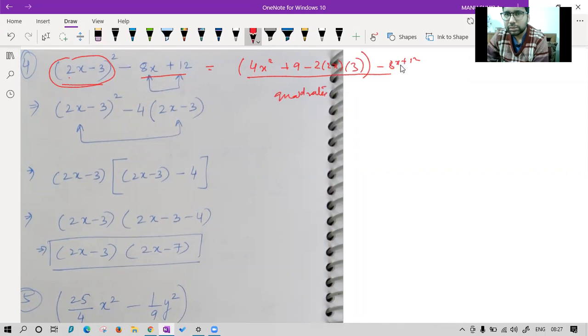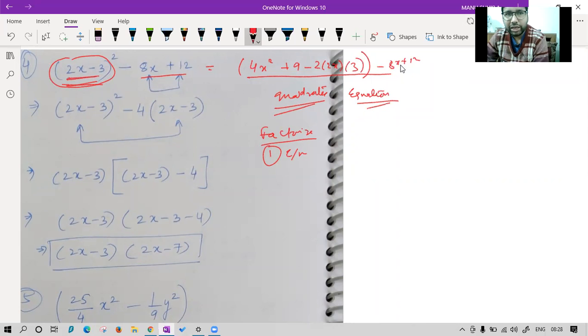I know some of you might have done this question via this method also. It is absolutely fine to solve in this way, where you are expanding this and then you are solving a quadratic equation by whichever formula you want. But as I've told you, to factorize, the first thing we should think of is taking common. Class, why make a question difficult for us when it is very easy?